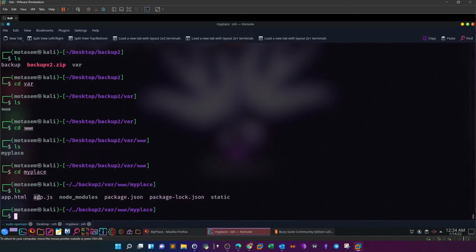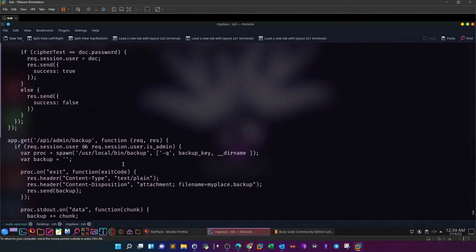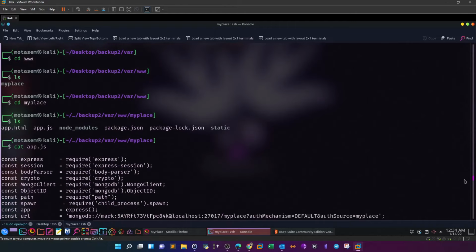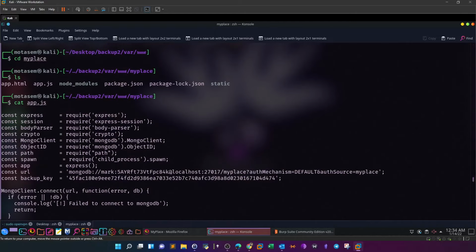It's all the time interesting. This file, we're gonna cat app.js. Okay, so it's a long file. No, it's not that long actually. We can parse it easily. Let's see here. So these are variable definitions, and they are constant variables, and we see an instance of a connection to the